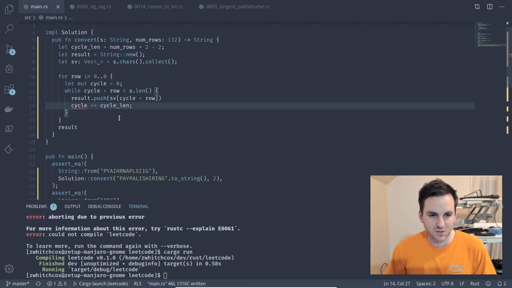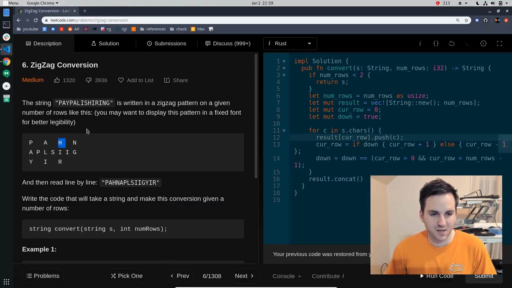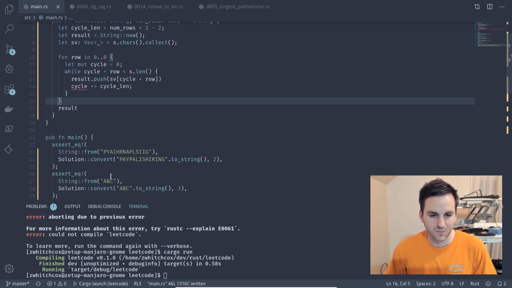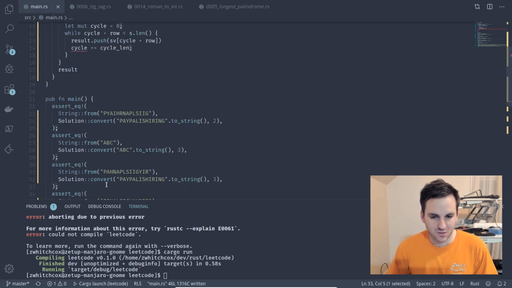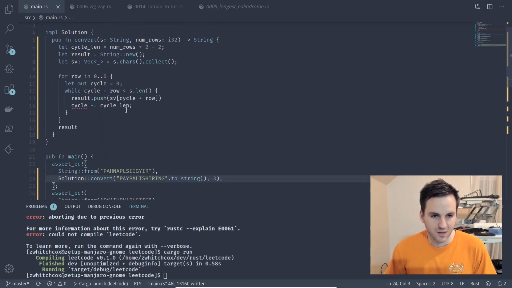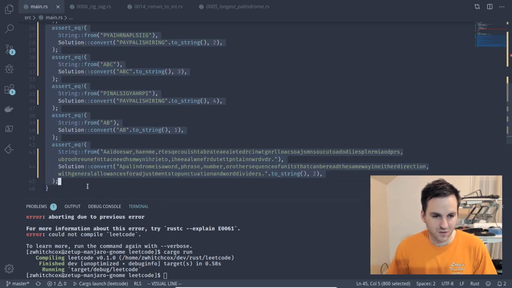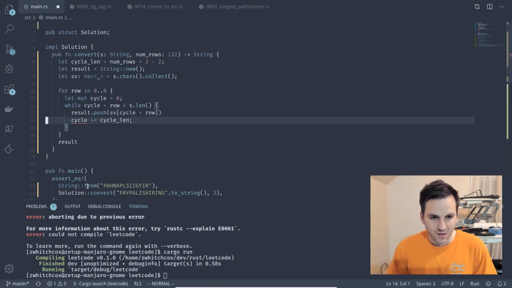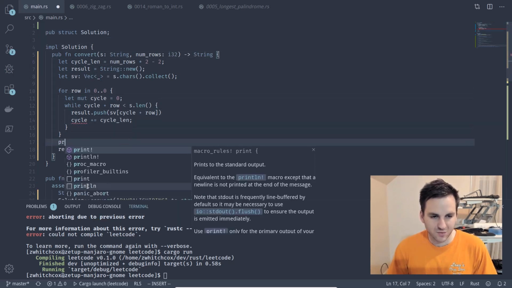And so that should give us PAHN for the first one. So let's find this one. Just so we can visualize it better, we'll use that test first. Okay, and we will print this out. Let's get rid of all of our other tests for now, and we will print out the result